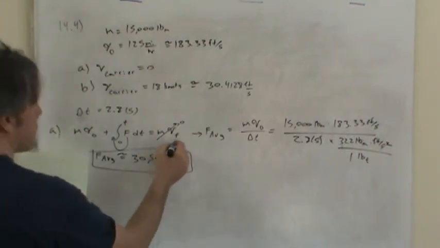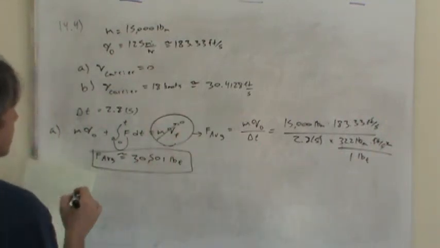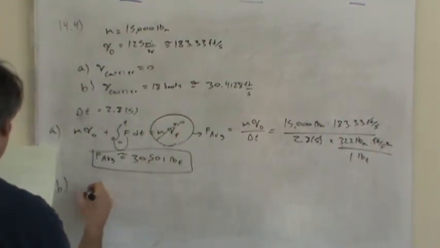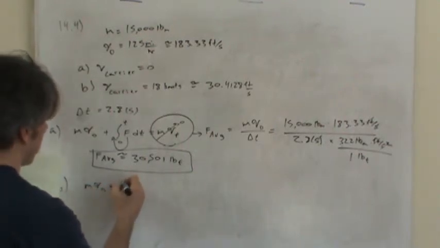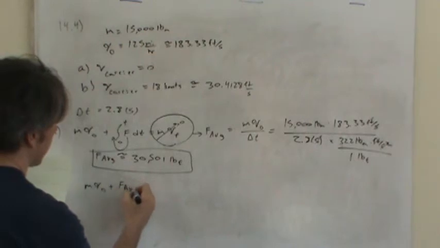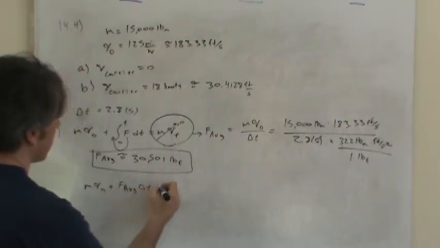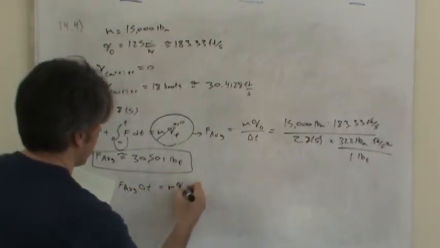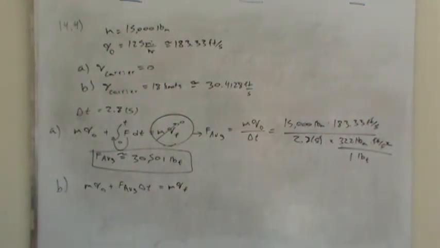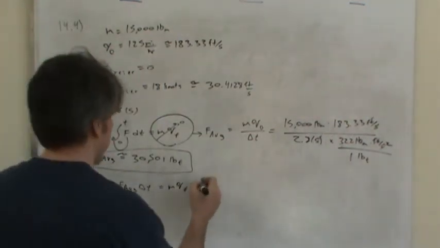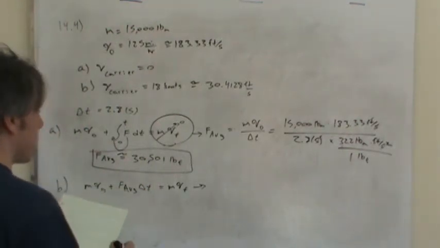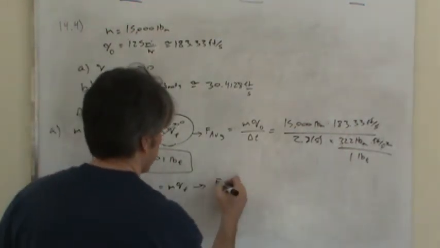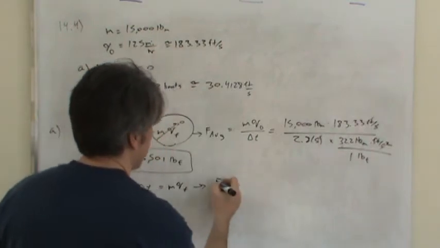So then this term is no longer 0 in part B. In fact, what you'd have is m v naught plus, let me just write average force because it's going to come out again, delta t equals m vf, where vf is the final velocity of the plane, which is just the velocity of the carrier. And so if we land the plane in the same 2.8 seconds, rearranging and solving for the average force,